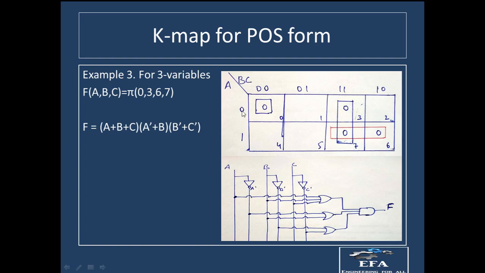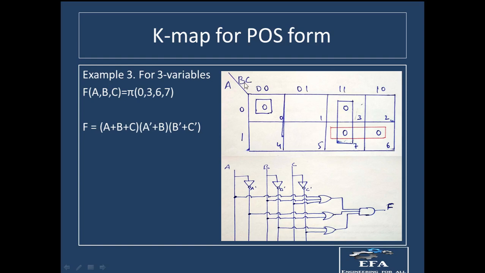So this will be a plus b plus c. So f is equal to a plus b plus c from the first one. Okay, and the second one, you can see now again we have to see which of the variables are changing. So a is 0 and a is 1 at this position, therefore a is changing, so we need not take it, we have to drop it.